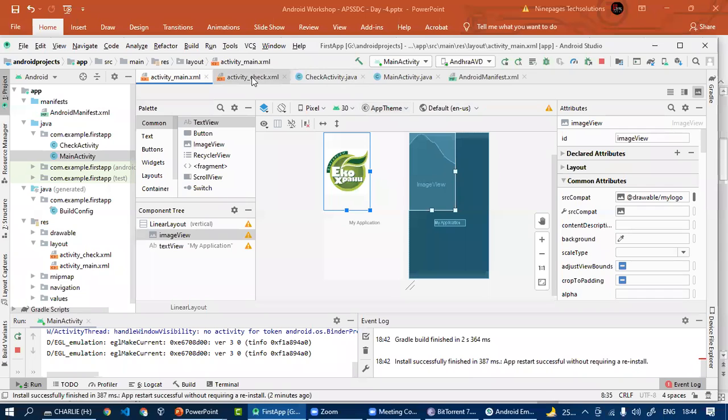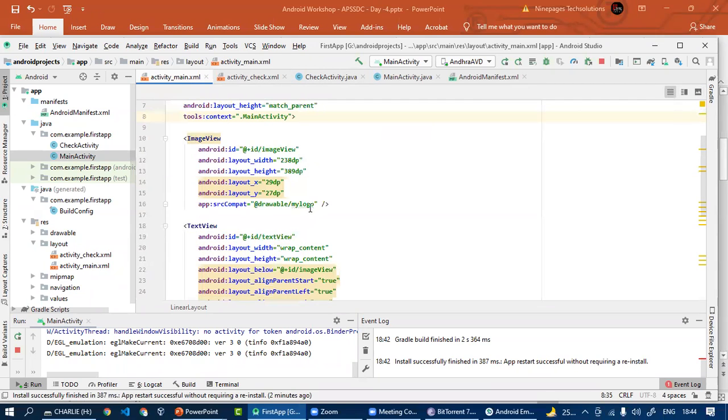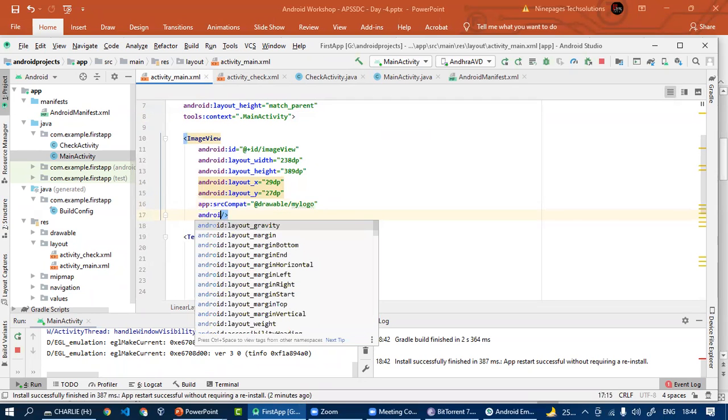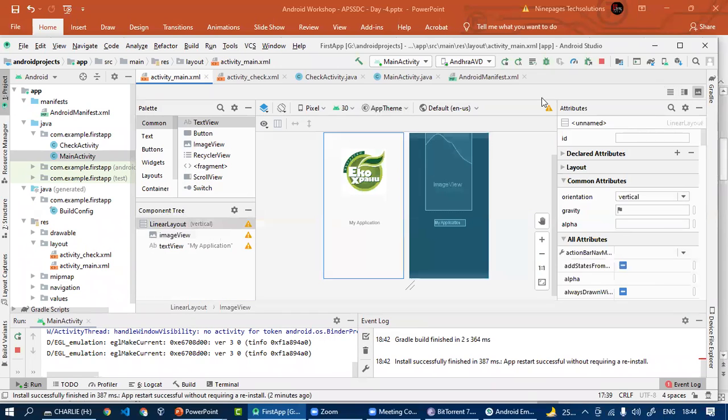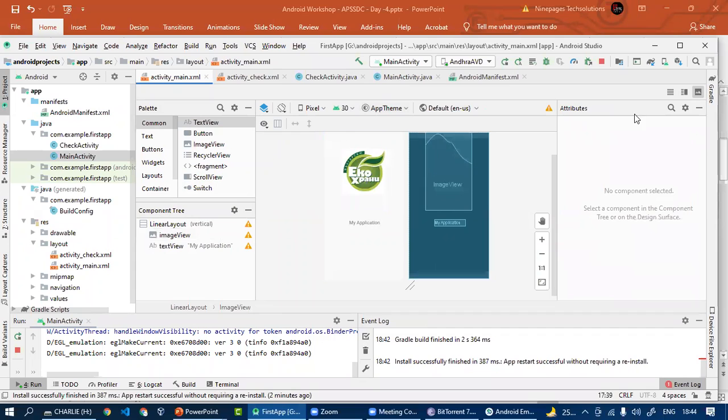And if you want to apply the weight, then you will have to write android:gravity. So your image will appear at the center. Okay.